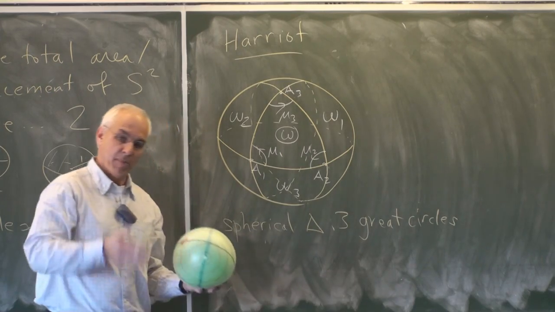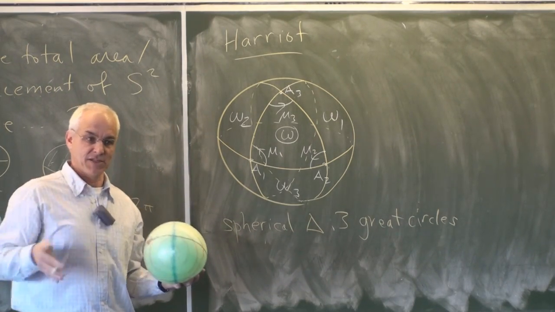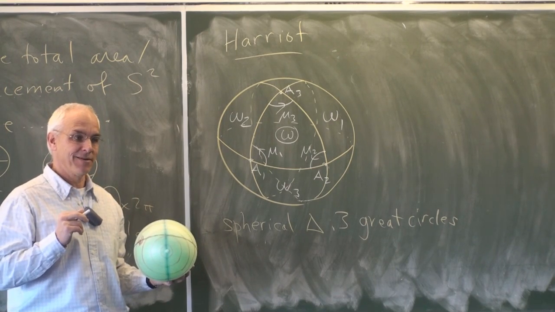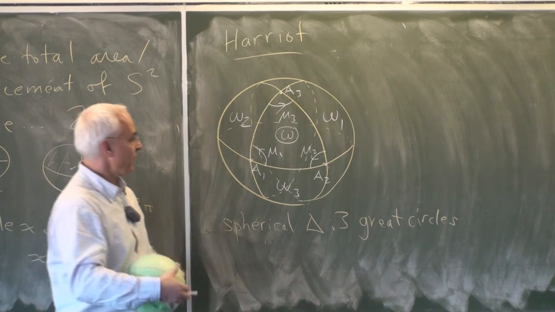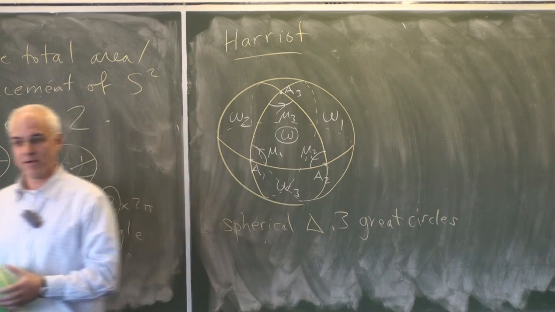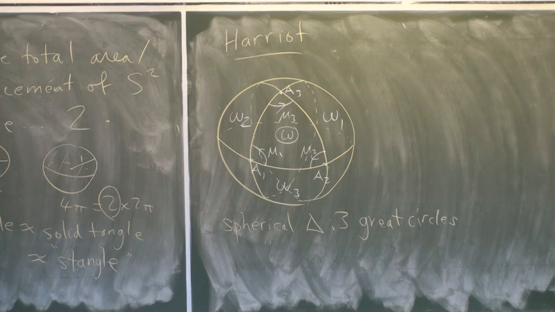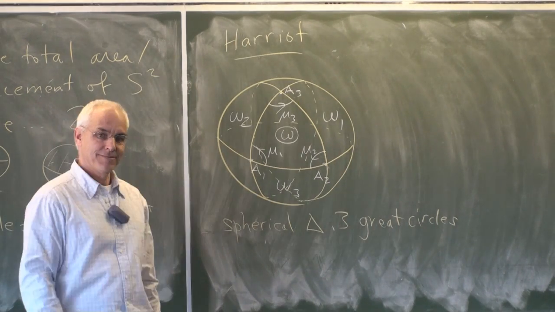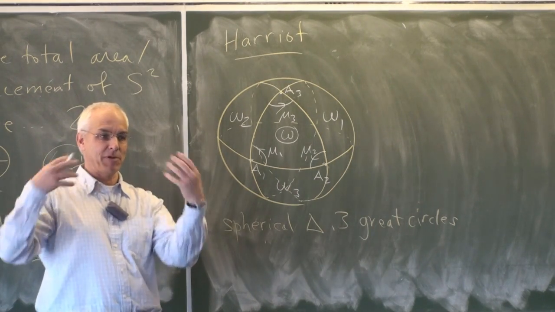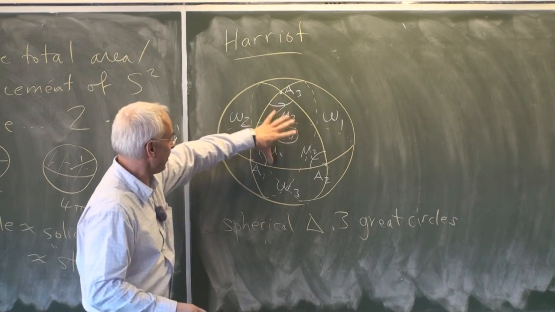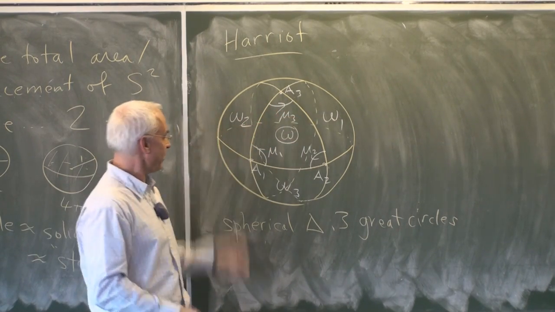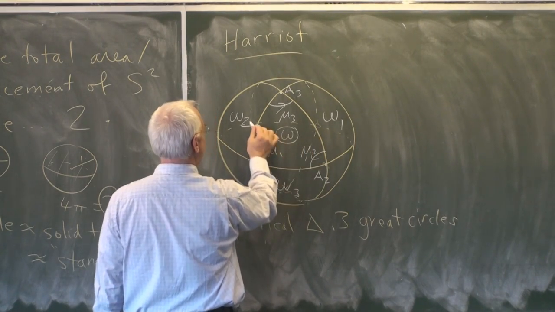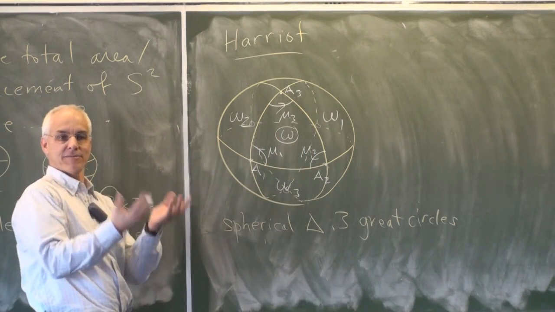Now altogether, if we make 3 cuts, we divide the sphere into 2 each time. So there are altogether 8 pieces. And we've only accounted for 4 of them so far. But the other 4 pieces are exactly the same as those 4, but on the back side. Because of the antipodal property, there's going to be a triangle here on the other side, which you can roughly see is the intersection of the dotted lines there behind.